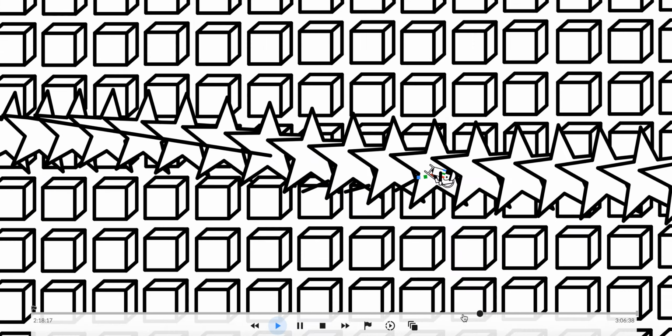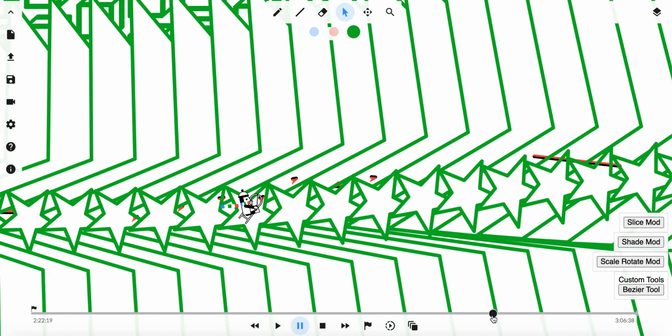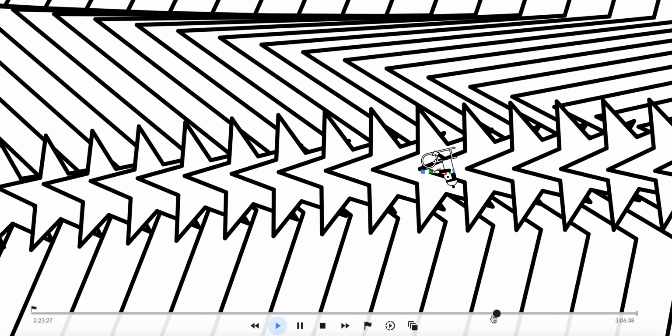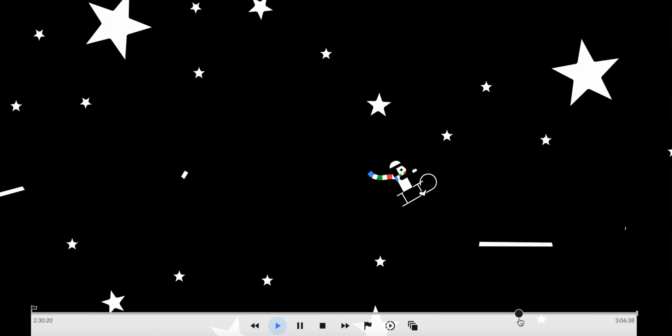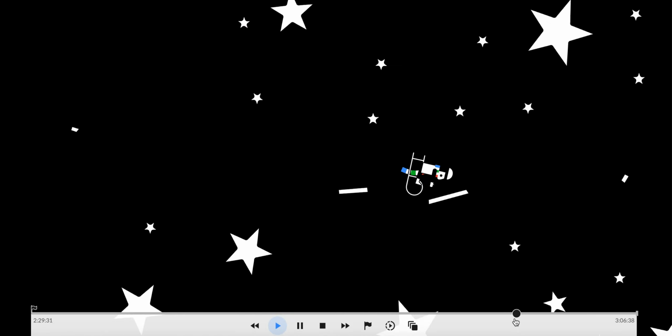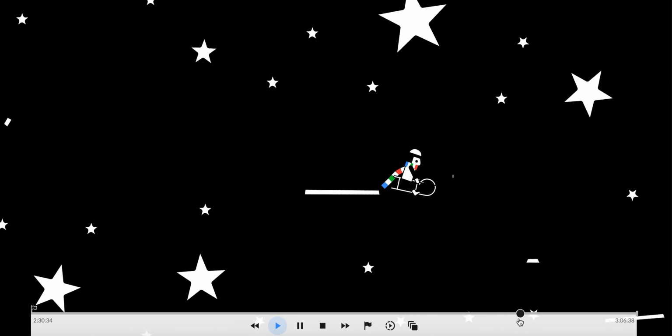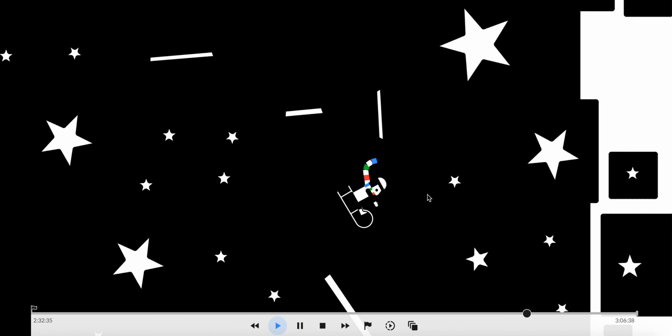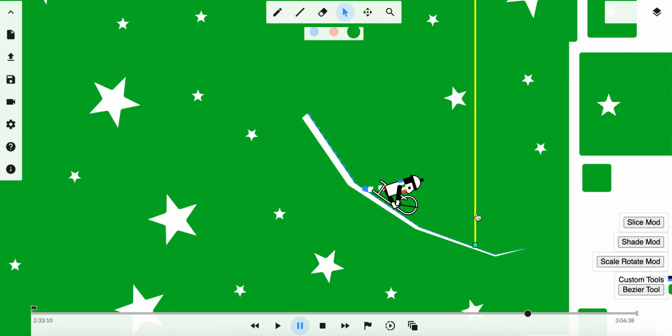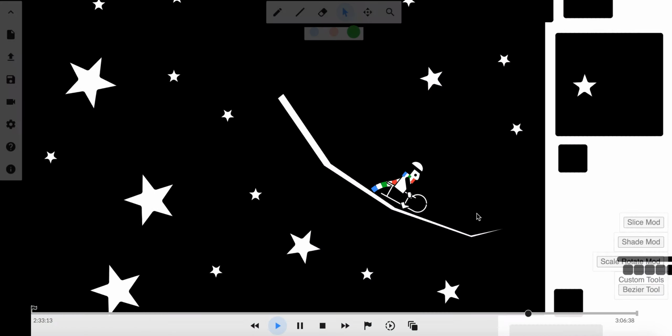And then I just did that 2 more times to get the multiple layers of stars. Everything after that is just sort of wrapping up the track. This is just the stars are slice modded on top of the black screen, and shade modded, or yeah, they're